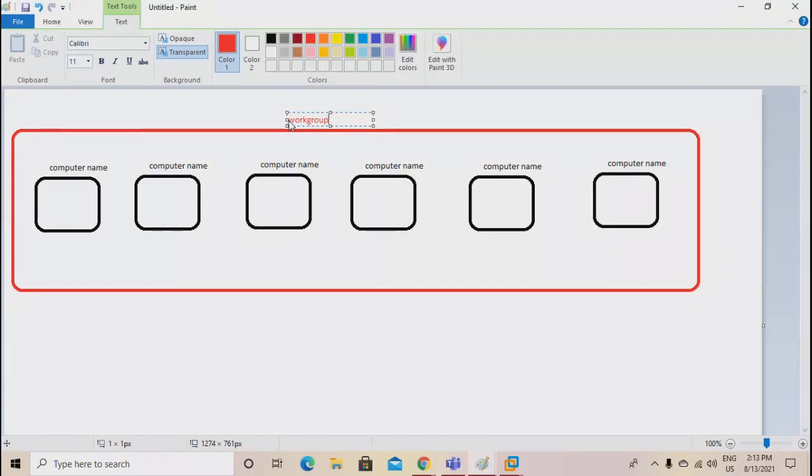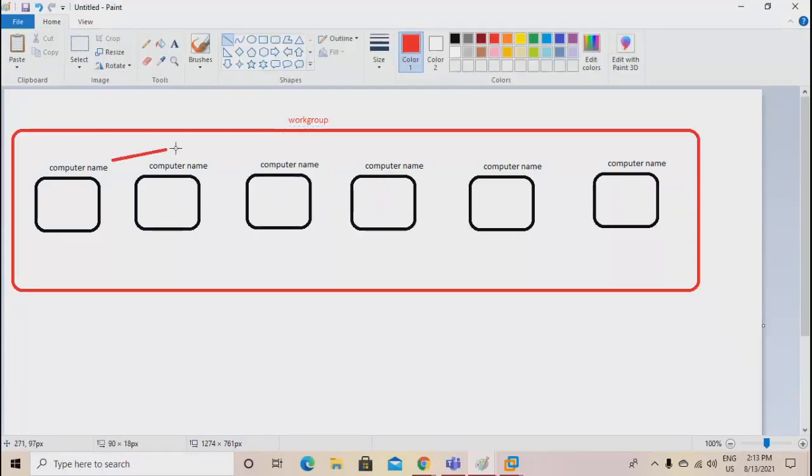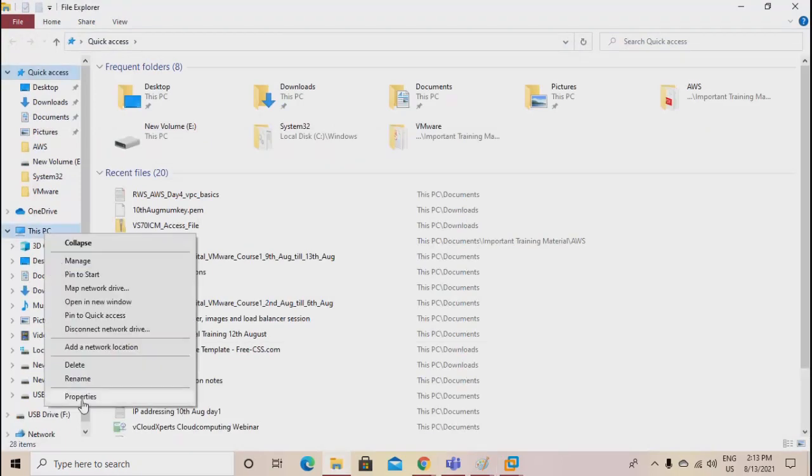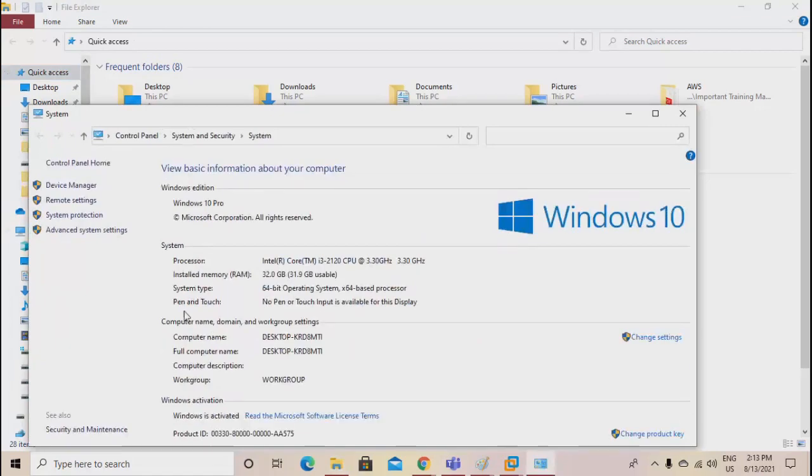It means that each computer is a member of a workgroup. Everyone is a member of a workgroup here. And if you want to see this, you can just right click your computer and go to properties. You will see the computer name. This is the computer name right now, Desktop-KRD8NTI. And you see workgroup here by default.